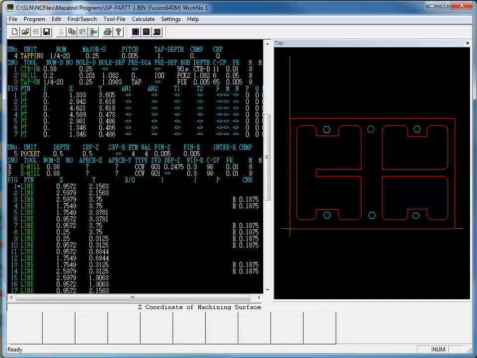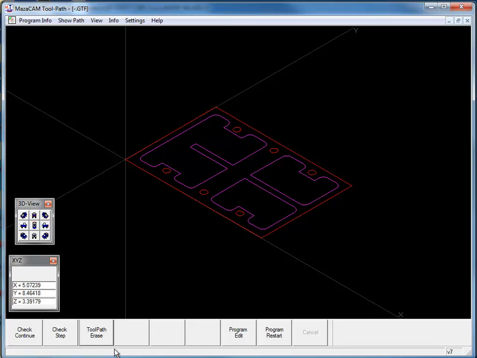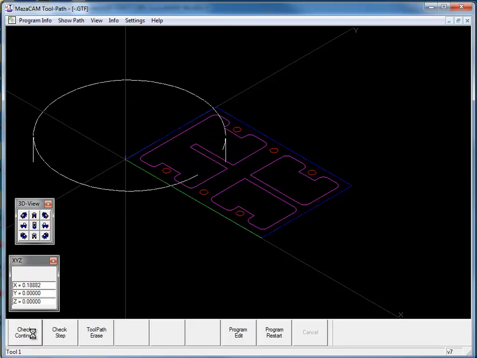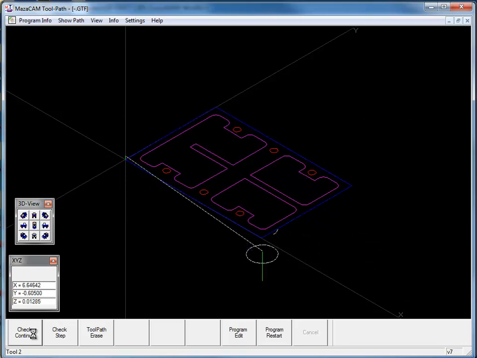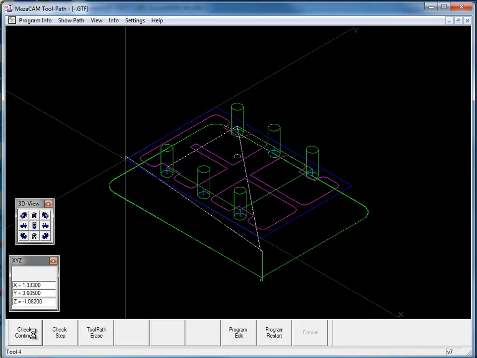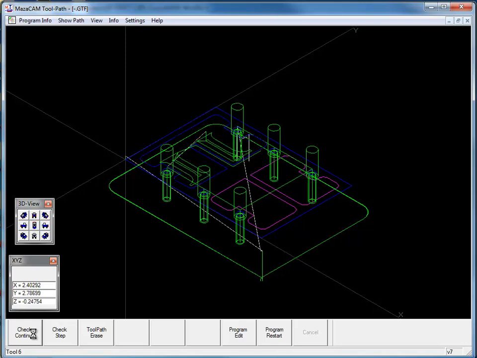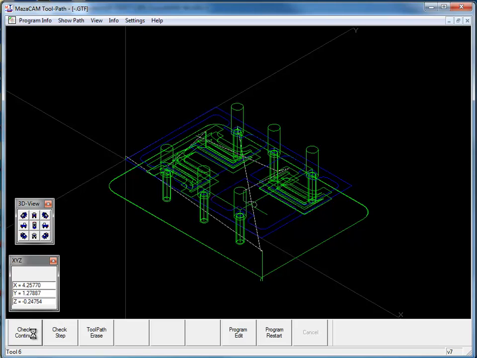Now, we can display the toolpath by clicking on this icon. And now, if I select Check Continue, we'll go ahead and display my toolpath for all my tools and processes. There.